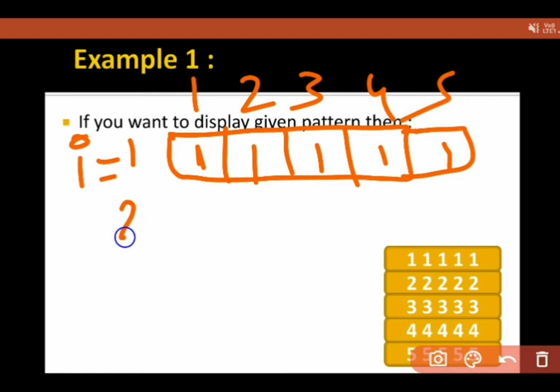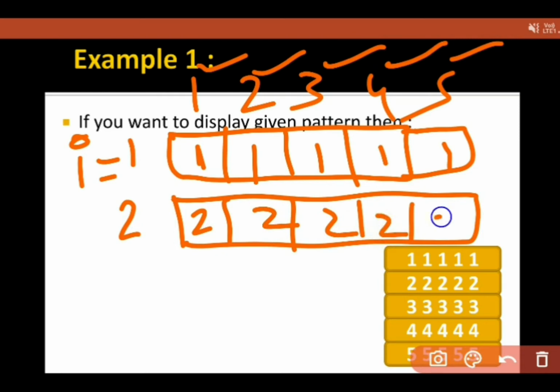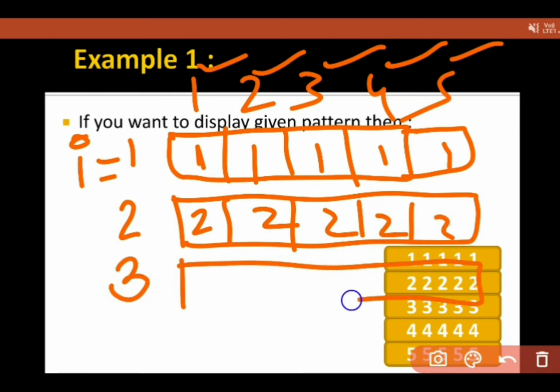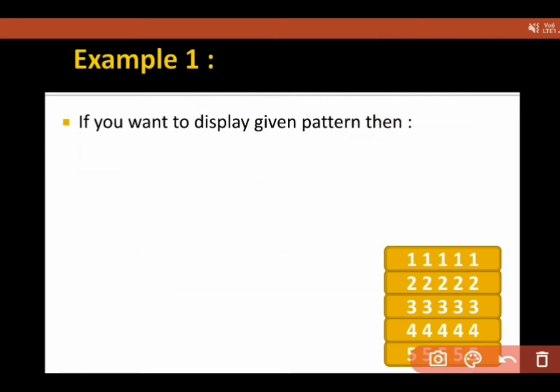But when I becomes 2, I want to repeat my value, that is 2, 5 times. See, when I becomes 3, I want to repeat my I 5 times. Means 3, 3, 3, 3, 3. But to display 3, I have to count 5 times. In this way, you have to think what I have to write.